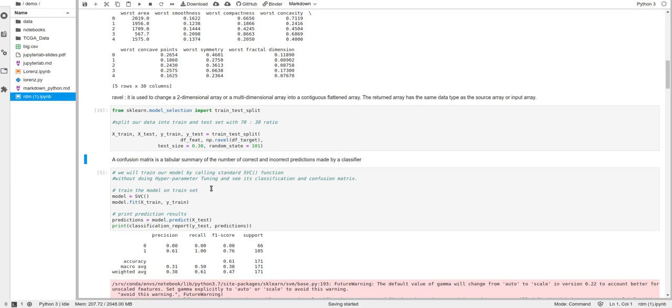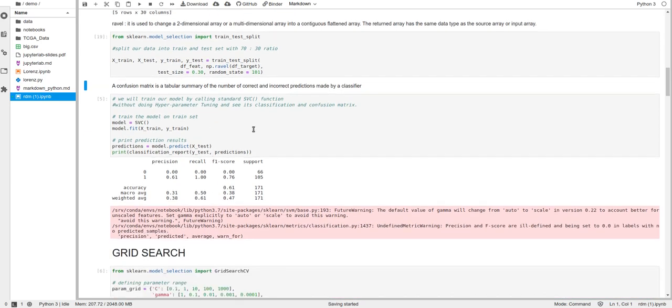Here we can see ytest and prediction. The model we are using here, SVC, is not tuned, right? So we have to train this model without any grid search or random search. This is the normal training model.